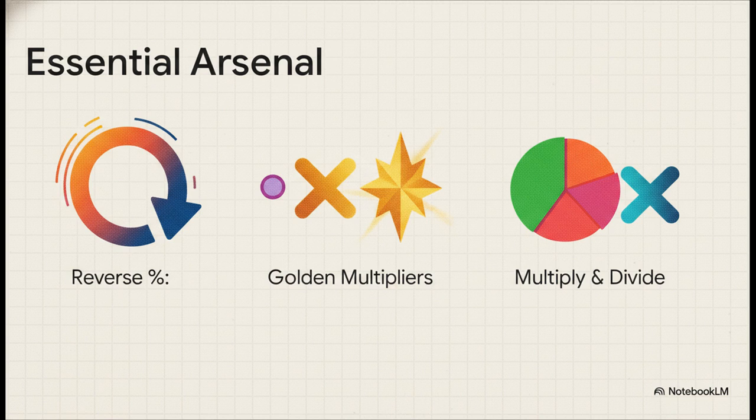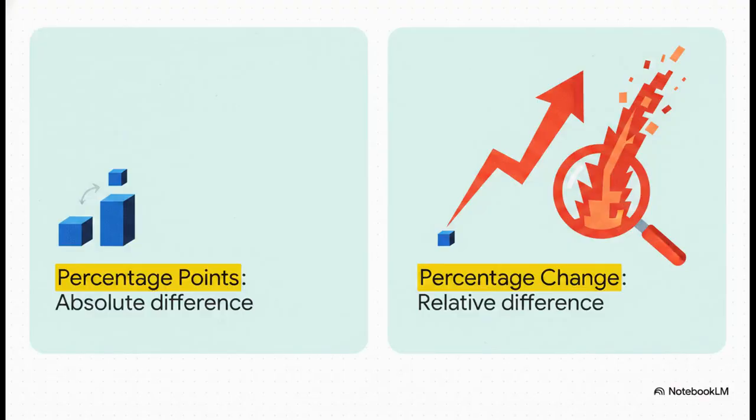And finally, the multiply and divide trick. Need 37.5% of 480? Translate it. 37.5% is just 3/8. 3/8 times 480 is a straightforward mental calculation you can knock out in seconds. So the crucial point here is knowing exactly what terms you're looking at, which brings us to a massive, massive